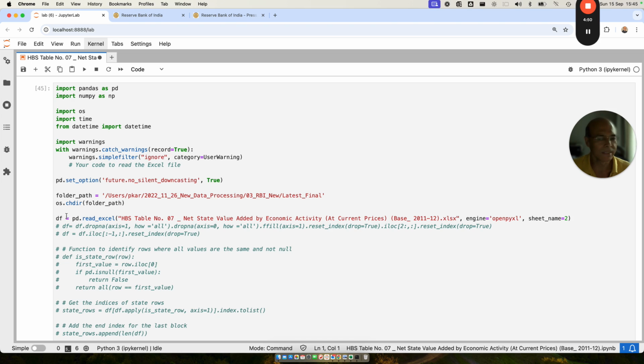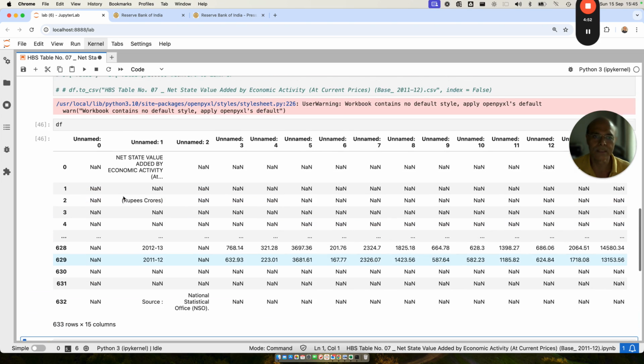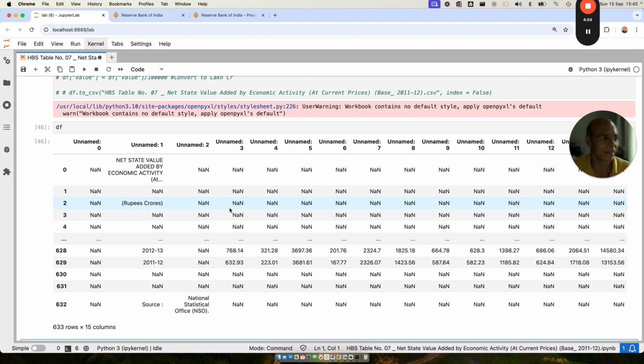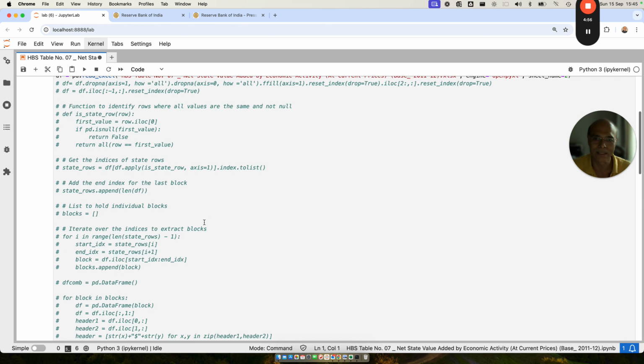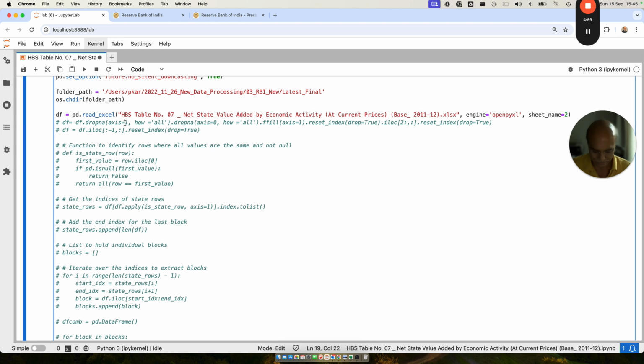So you copy that in a DataFrame. This is how the DataFrame looks. You can't make any head or tail out of this data because it is highly unstructured. So what I do is I simply drop certain